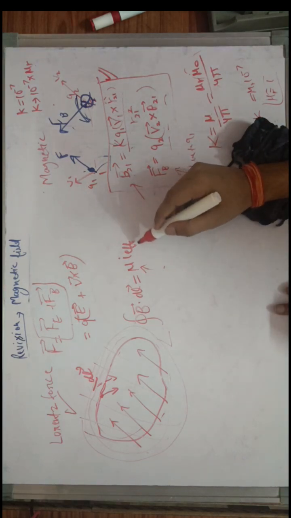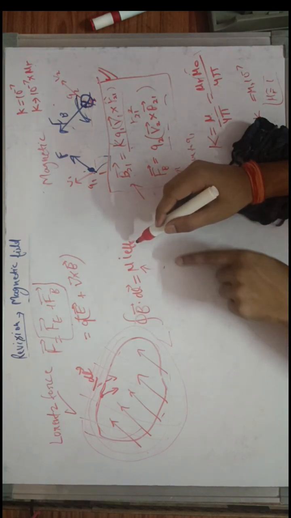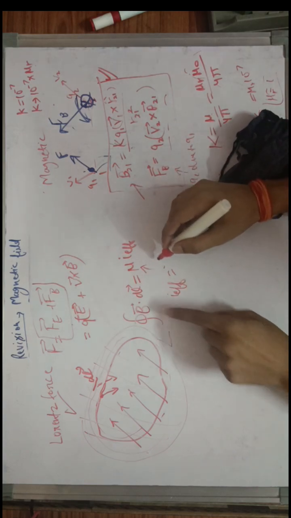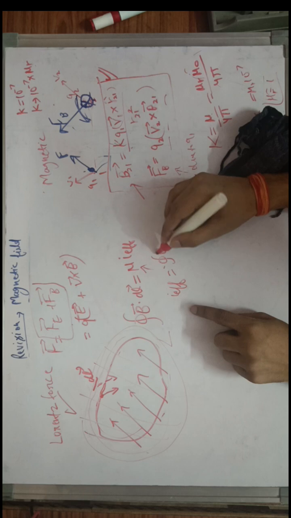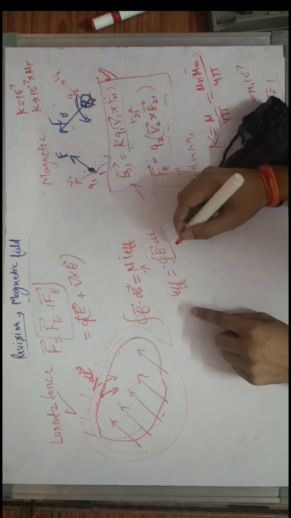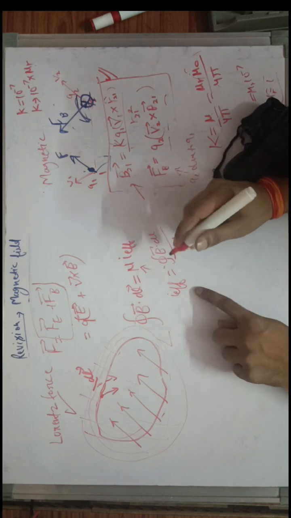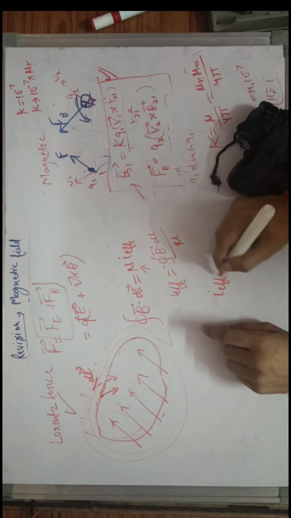Then this I effective is equal to this whole integral of B dot dl divided by the mu value,